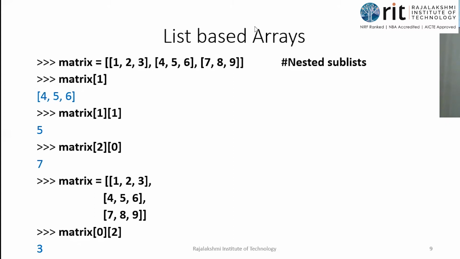Is there 0 of 0? Yes, Ajit, 0 of 0 is there, but round brackets should not be used. Square brackets only should be used in indexing. What will 0 of 0 be? Can anyone tell me the answer? Matrix of 0 0. What will be the answer? When we say matrix of 0, we take this first sublist. What is at index 0 there? 1. 1 is the answer.